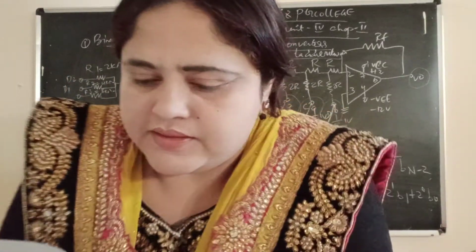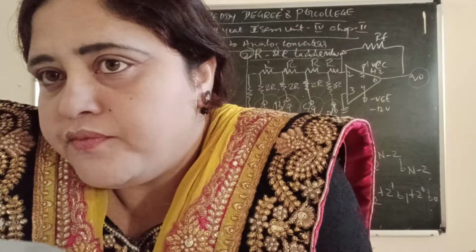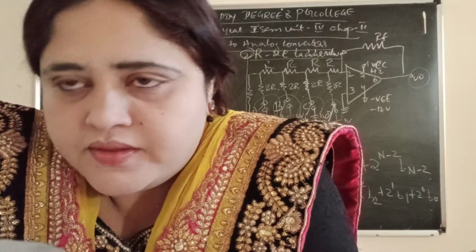So first, digital to analog converters means digital inputs are converted into analog form. It is of how many forms? Three forms: current, voltage, and multiplying. Current type means whatever input you are giving, the output will be available in the form of current. Then voltage type means the input will be converted in the form of voltage.